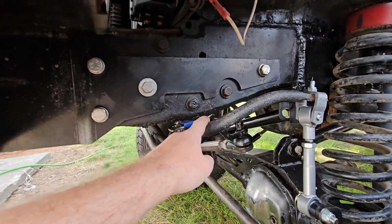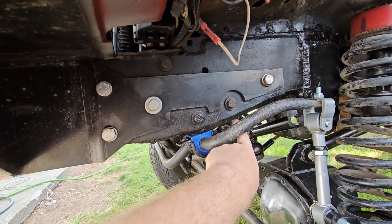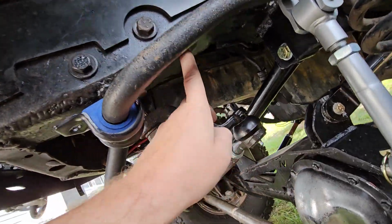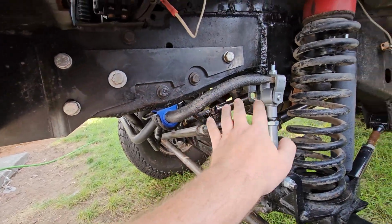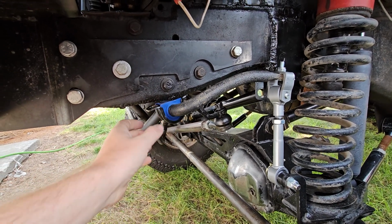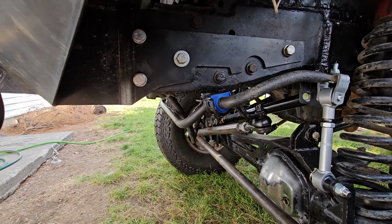And then here, if I have it move forward, so this back hole is the original front hole, and then the other one is right up in here where my finger is. You can't see, right up in there. And if I had it back there, it would be hitting the springs. So I decided, I had seen it online, somebody did this. They just moved it forward and drilled a hole up here, which I'm gonna wait on,